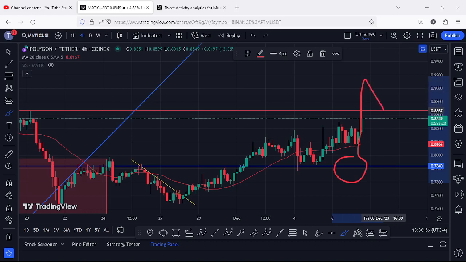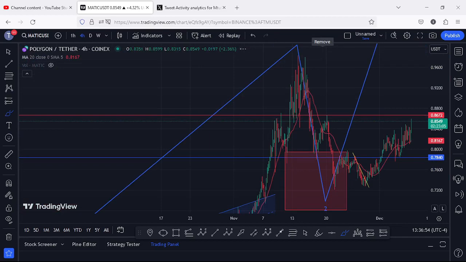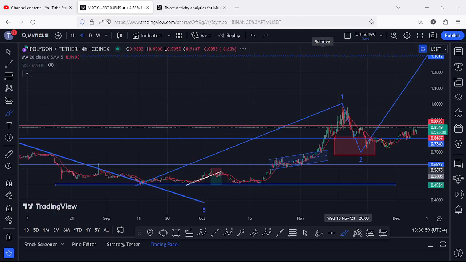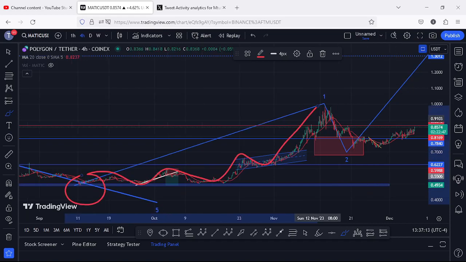Then I will be expecting Matic to give us a massive push to the next area of resistance above the $1 mark. Matic has also continued to obey the Elliott structures, and zooming out on the charts to now give you my Elliott analysis that I'm expecting to play out in the short term. You can see that after getting our lows back on the 11th of September down here below the $0.5 mark, we saw much of a consolidation before we finally saw the breakout to the upper side,